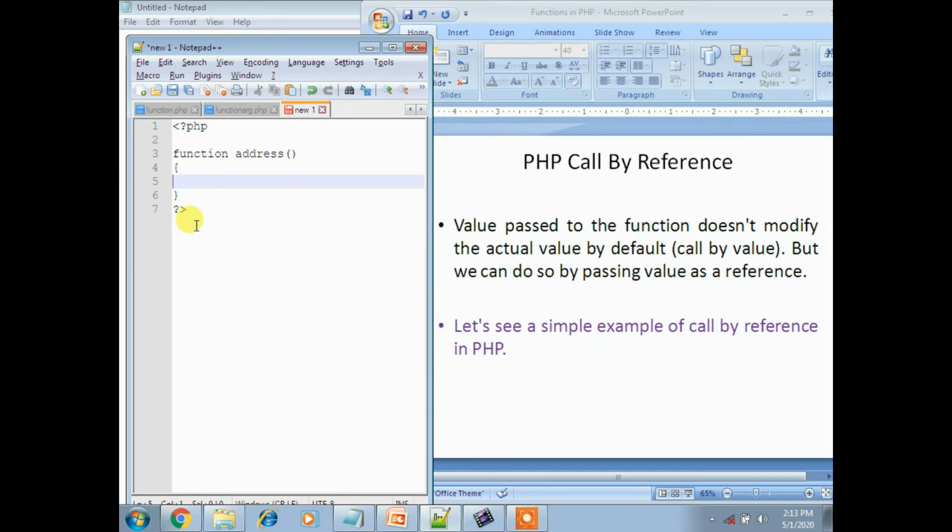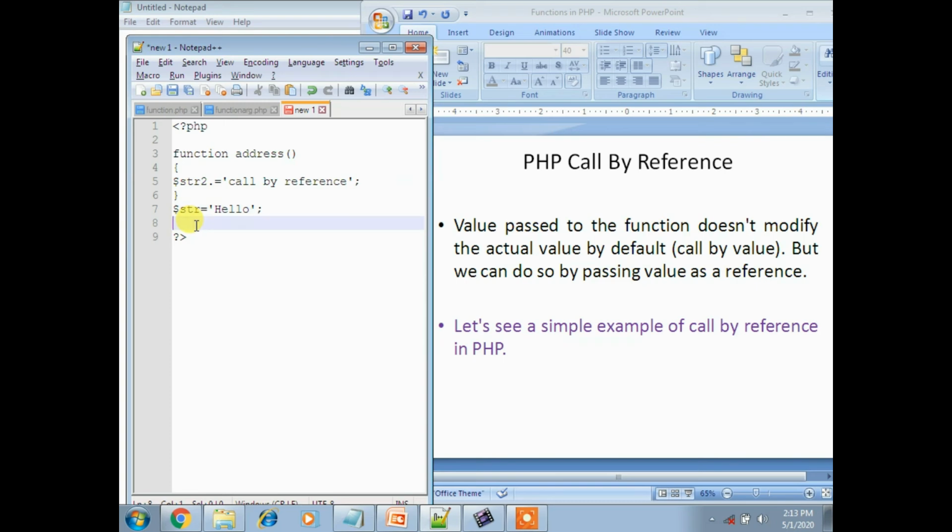Before that I want to create one variable. So $str2 .= call by reference. And now here $str equal to hello.